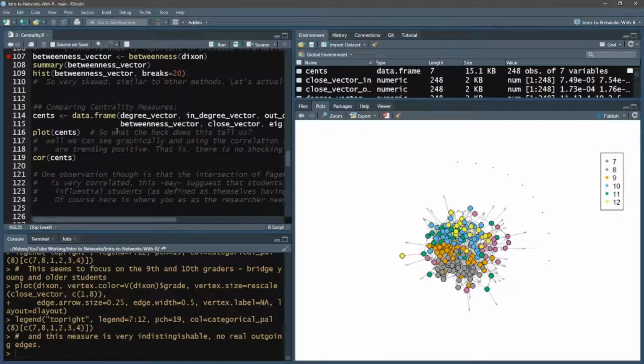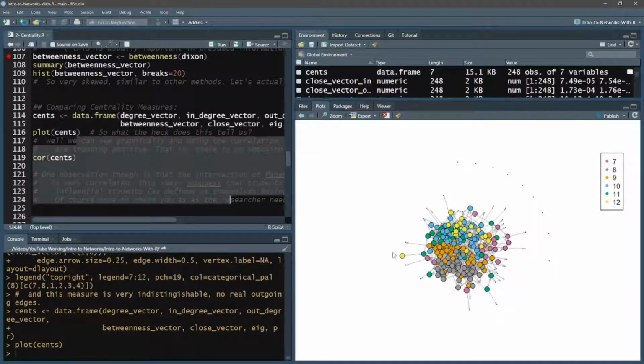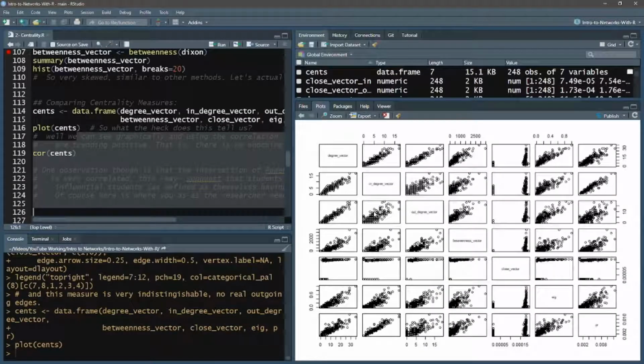Or my favorite is just to go back to this plot where we plot all the measures and say, look, I mean, these are so heavily correlated that it doesn't matter that much which one we use. I've used outward centrality and page rank because mathematically those make the most sense.